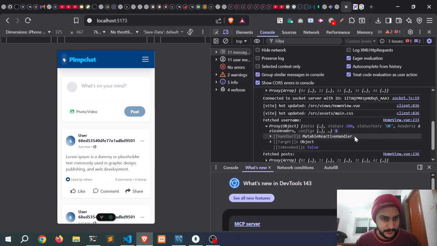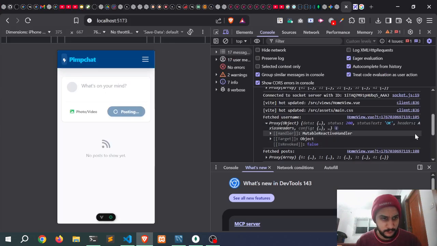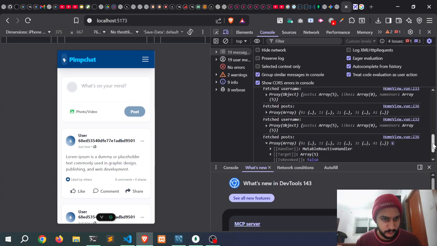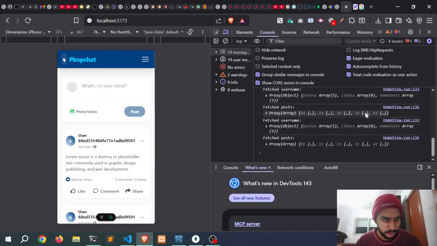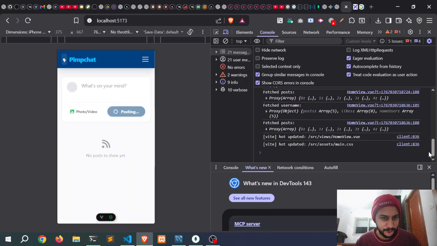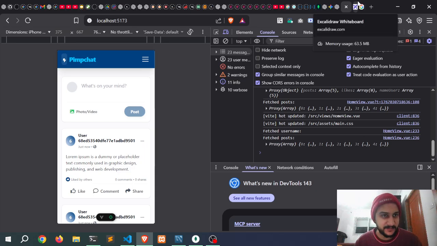We have data, we have status, it is an object. For example, let's access the first element, but the problem is